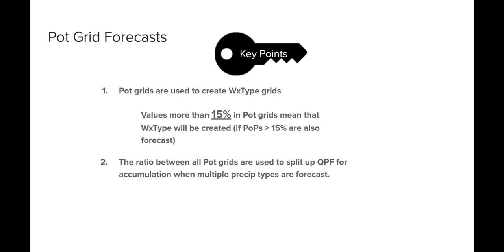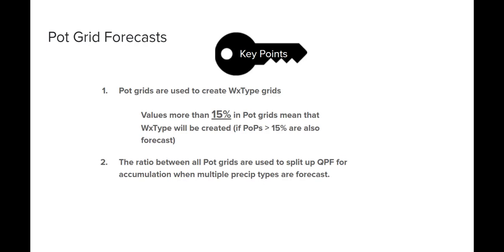Values more than 15% and a POT more than 15% allows a weather type grid to be created for that precip type and the precip type step coming up next. The ratio between all of the POT grids are used to split up the QPF for accumulation when multiple precip types are forecast. For example, a POT rain of 40% and a POT sleet of 20% and a POT snow